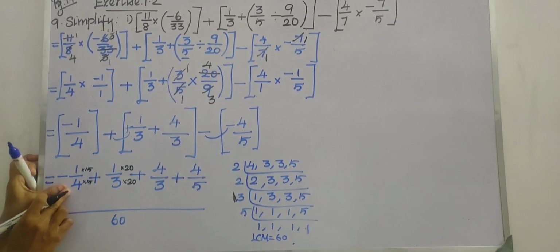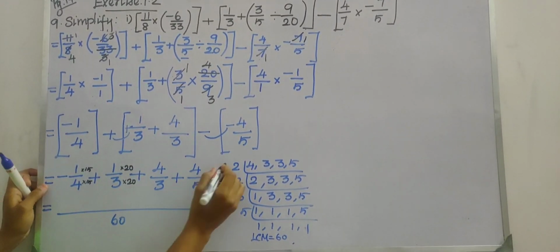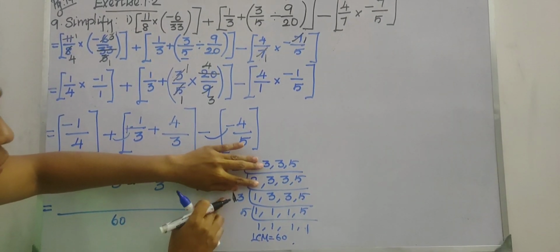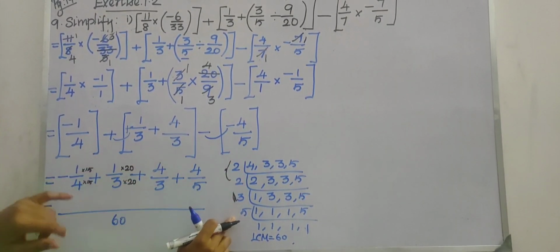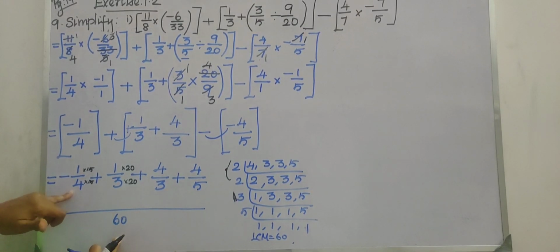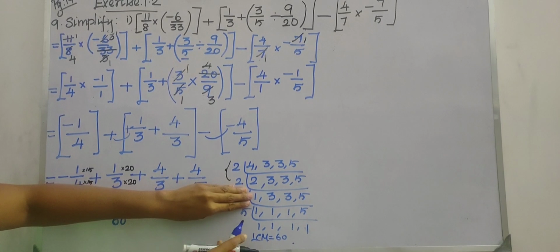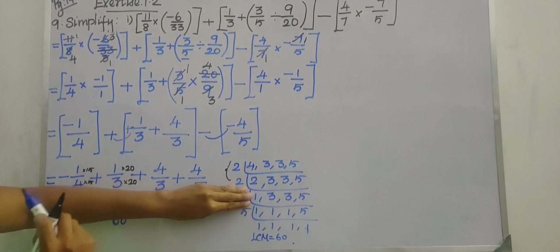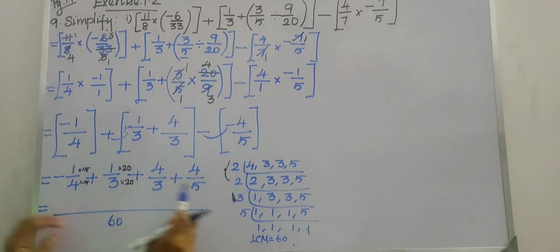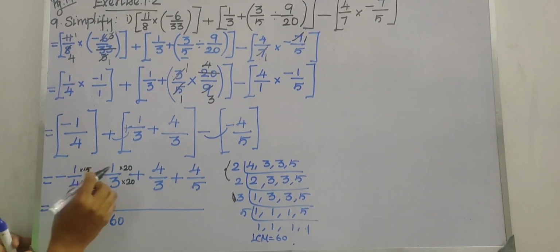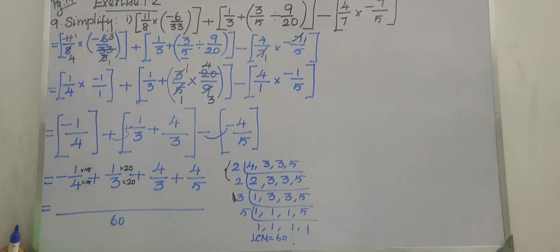See, here we are having 4, right? So 2 2s are 4. Just leave these 2 and multiply all of the digits. 5 3s are 15. So 15 4s are 60. Okay, children. And here we are having 3. So just hide this 3 and multiply the rest. 5 4s are 20. So 20 3s are 60. Okay, children. So we are multiplying 20 in the numerator as well as in the denominator.